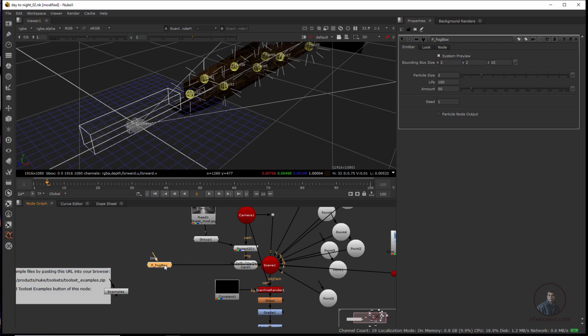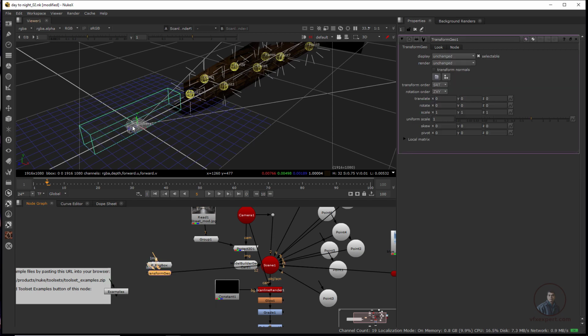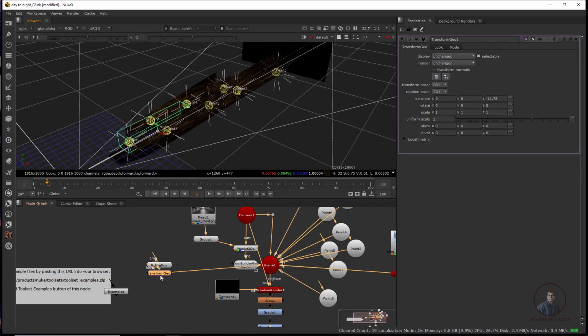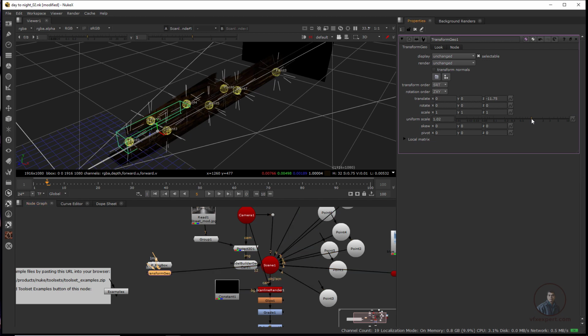Now select this one and attach a transform geo node, because we have to move it. Then double click and adjust a little bit. Okay, so this totally depends on you.